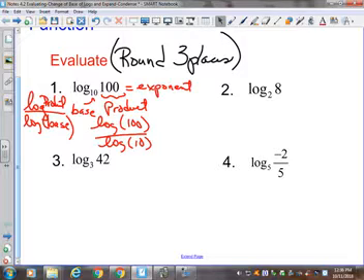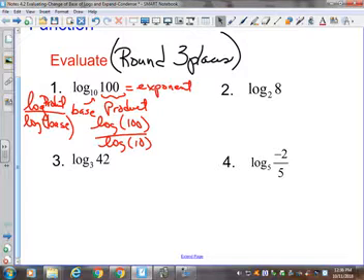Is everybody getting good answers? Have they been all whole numbers? I bet number 2 is a whole number. Is number 2 3? Yeah, because we know it's 2 times 2 times 2 makes 8. But I bet there's nothing to the third power that makes 42 come out to be a whole number, is it? And that's where, if you knew your perfect squares and your perfect cubes and your perfect fourth powers, you'd